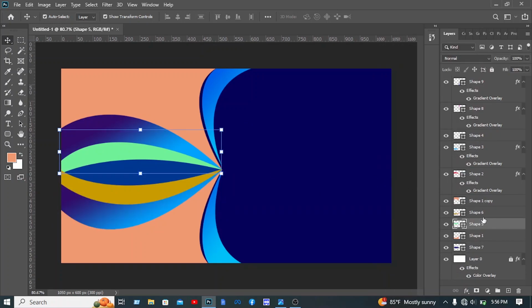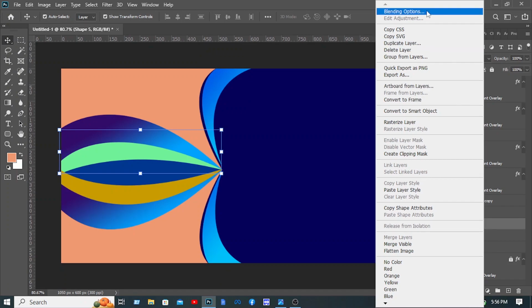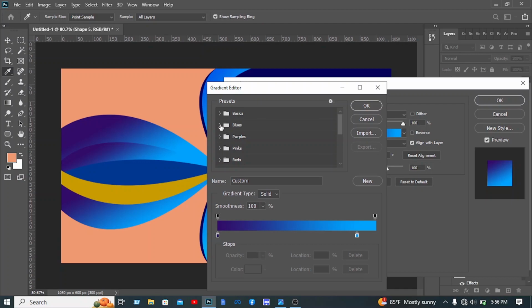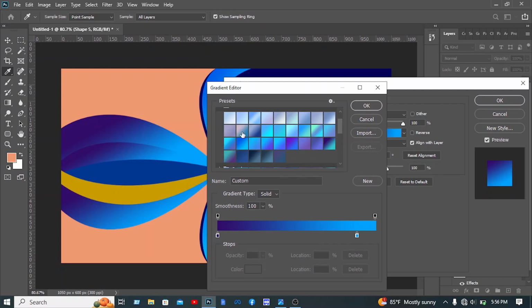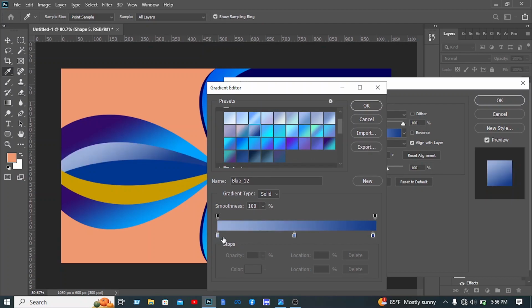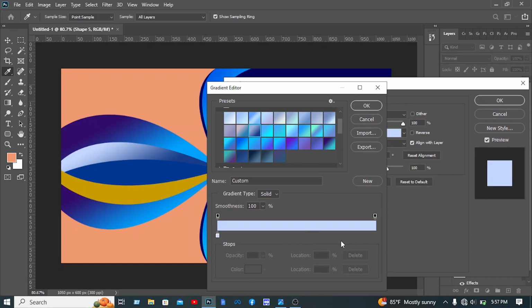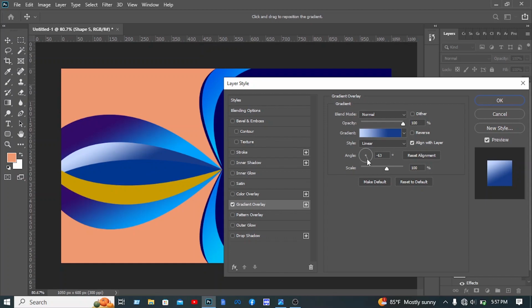then select this layer, then right click on this layer, then click on the blending option, then you have to click on here, then click on the blues, then you have to select this color, then you have to select this, then click on the delete, then click on here, then click on here, then you have to select this color, then click on the OK, then select this, then drag this in here, then click on the OK, then you have to rotate this color from here, then click on the OK,